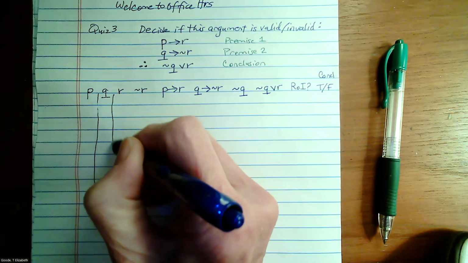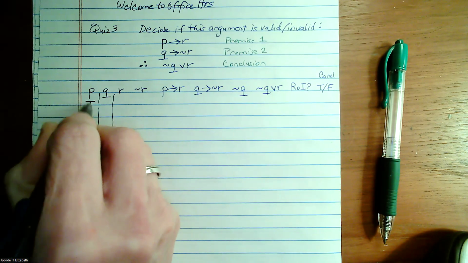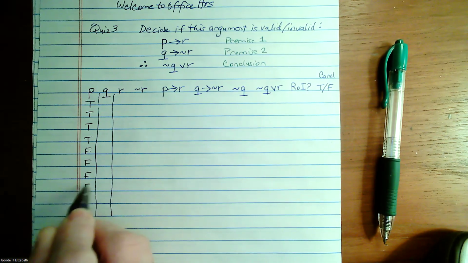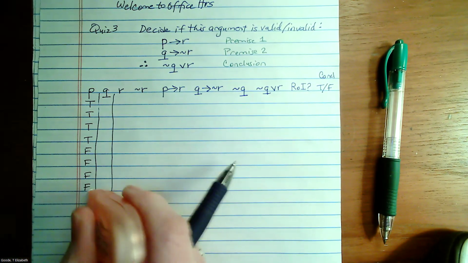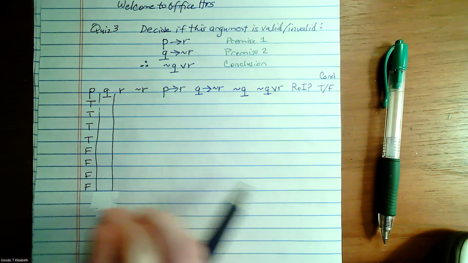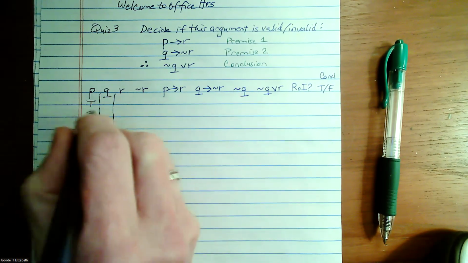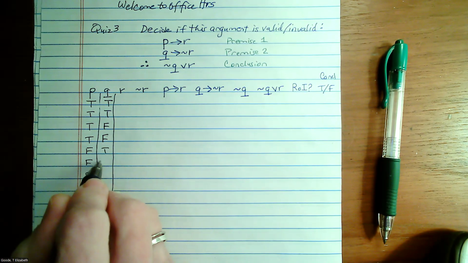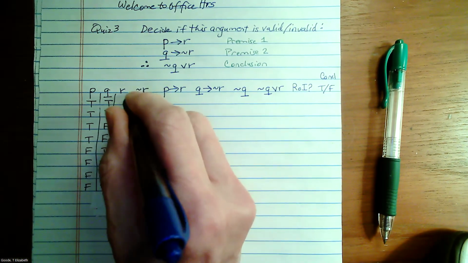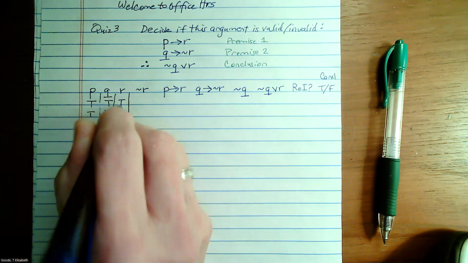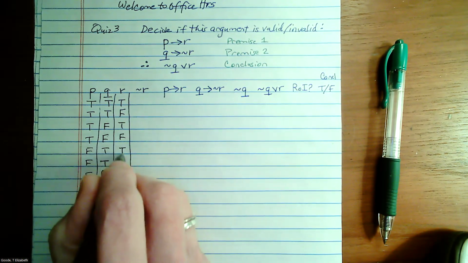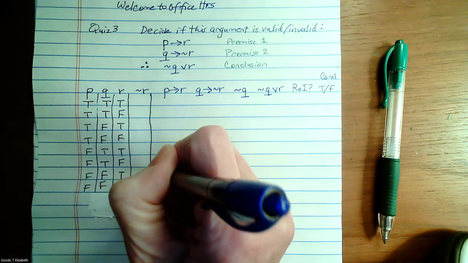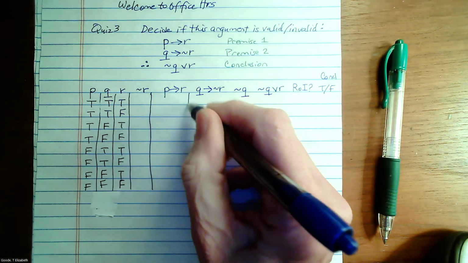So we're going to need 8 rows. Under P, of course, we put true, true, true, true, false, false, false, false. Oh, I gave myself 10 rows. I don't need that many. I only need 8. And what goes under Q? True, true, false, false. Exactly. Good. And what goes under R? True, false, true, false, true, false, true, false. Okay. Fantastic. Let's go ahead and build the column for not R, and then we'll be set up